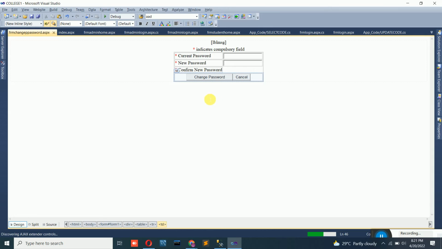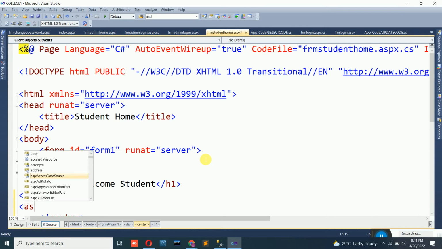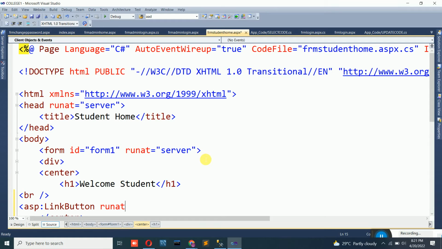And most important, the change password page must be linked in the student home. For now, let us create it in the student home. So after the student logs in, I can give him an option. I'll put one break tag, and here using asp:LinkButton runat="server" property,